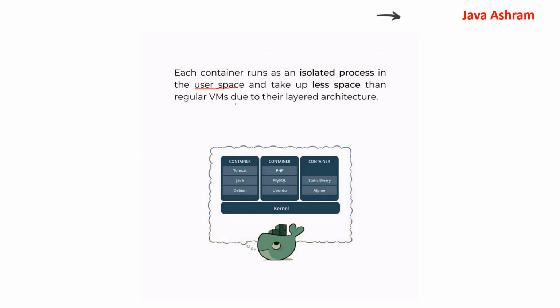But if you consider virtual machines, a virtual machine has its own hardware configuration and its own memory. It runs on top of your operating system, and it takes a lot of memory. Even though your application is, let's say, 2 GB, your virtual machine takes 10 GB, so it will occupy all the 10 GB. But that's not the case with a container. It creates only the space it needs on top of the container.